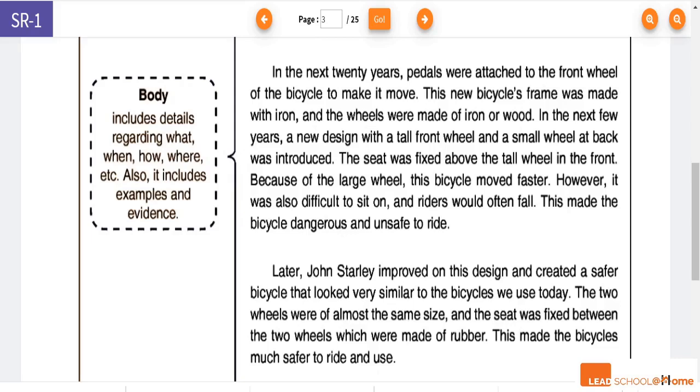In the next few years, a new design with a tall front wheel and a small wheel at back was introduced. The seat was fixed above the tall wheel in the front. Because of the large wheel, this bicycle moved faster. However, it was also difficult to sit on and the riders would often fall. This made the bicycle dangerous and unsafe to ride. Later,